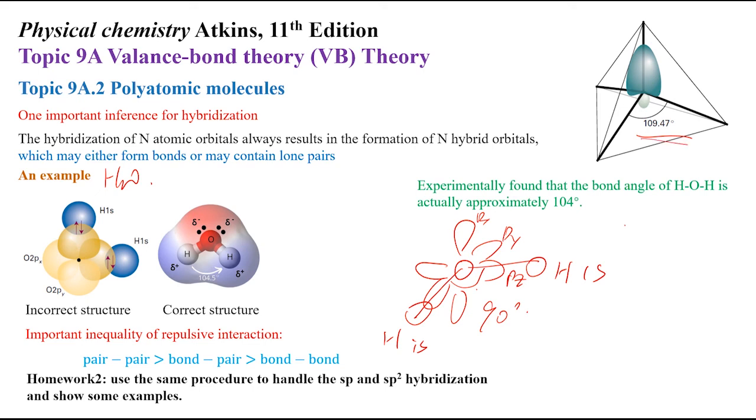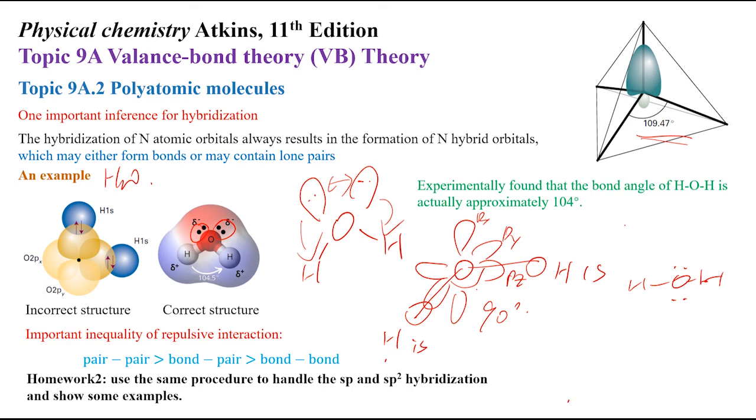To explain this phenomenon, I'm going to introduce the important inequality of repulsive interactions here: lone pair-lone pair repulsion is bigger than lone pair-bond pair, which is bigger than bond pair-bond pair. For the water structure, you know the Lewis structure of water contains two lone pairs here. The repulsive interaction between the lone pairs is much bigger than the repulsion between lone pair and bond pair, so it will squeeze these two bonds into a smaller bond angle, which means the bond angle of water is slightly smaller than the normal bond angle of a tetrahedron. So we have 104 slightly smaller than